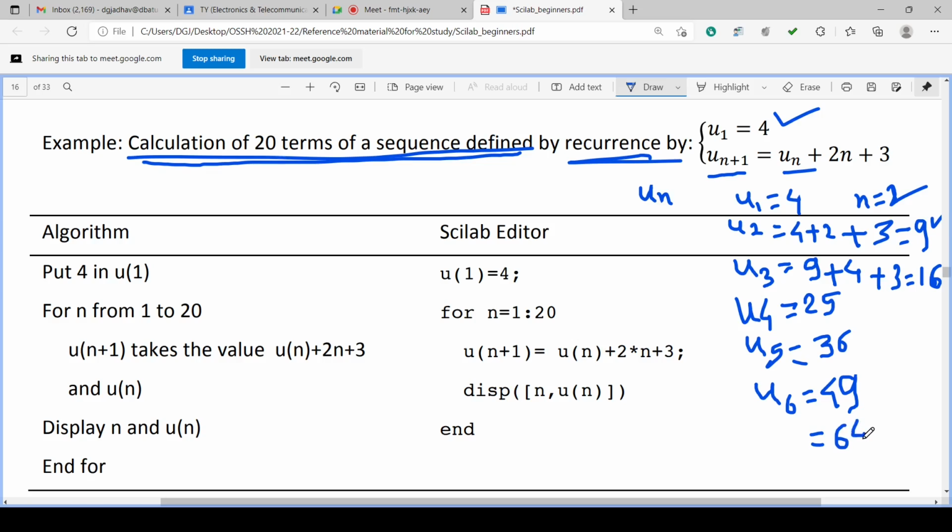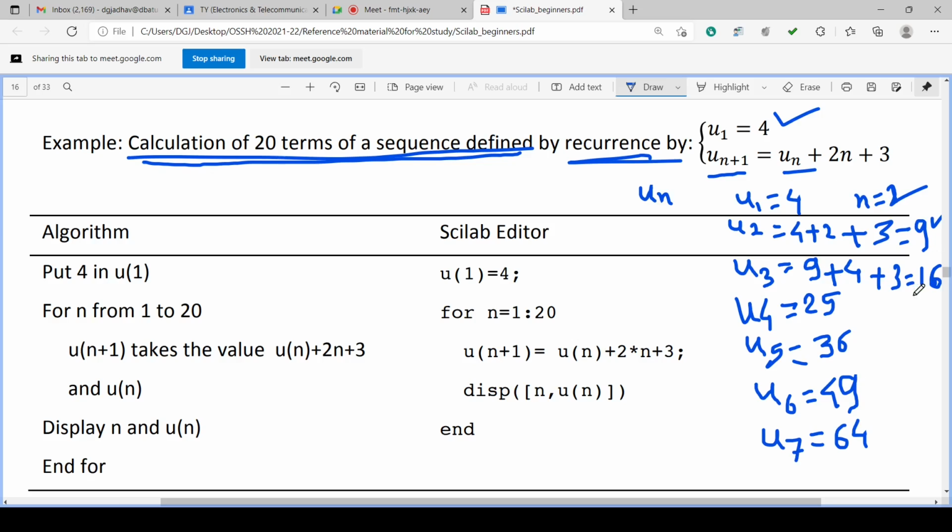Why is it 64? u7 is 49 plus 6 into 2, 12, 61, and 3, 64. So 4, 9, 16, 25, 36, 49, 64.